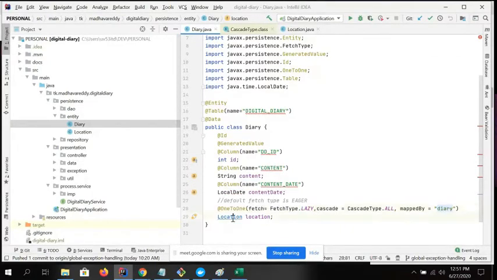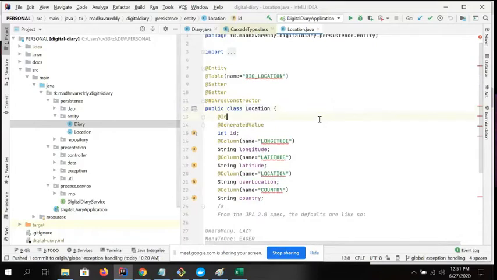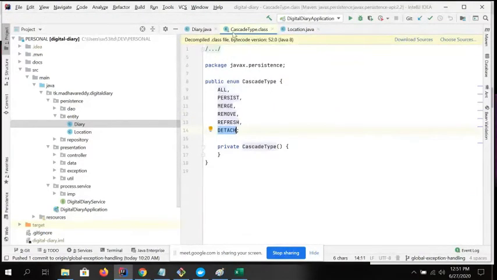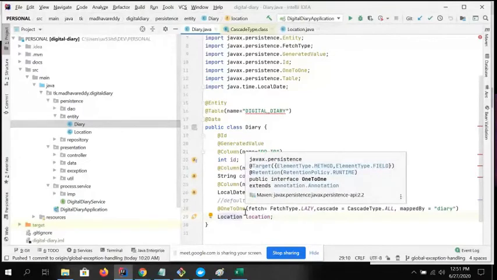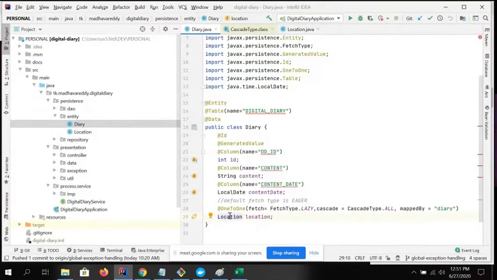Location is a class, and when you use mappedBy, it will understand which mapping I am going to use, which mapping I am going to perform. Then the relationship is already started being established.